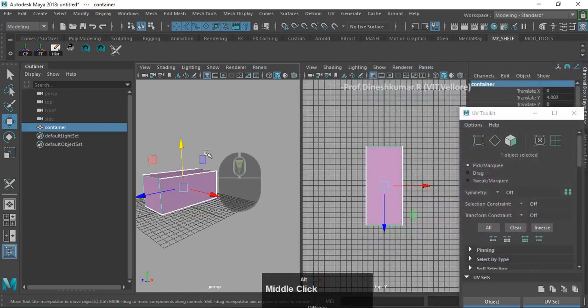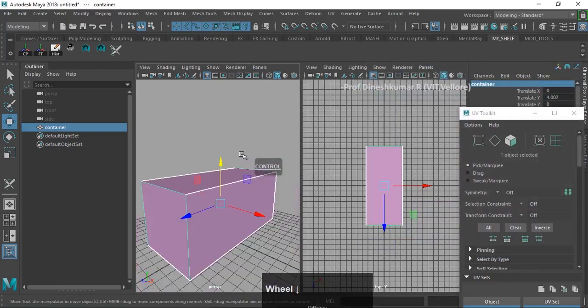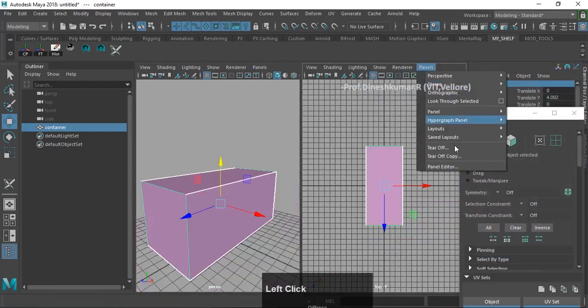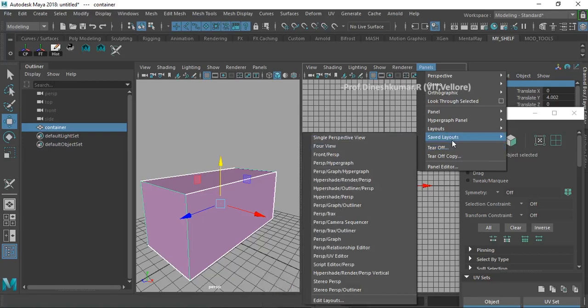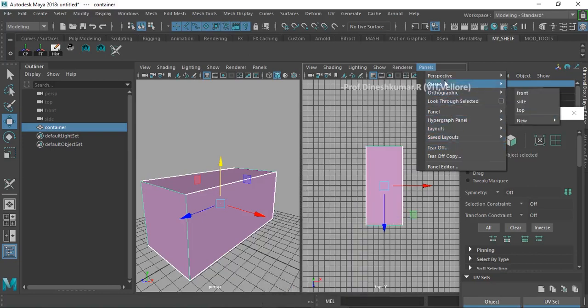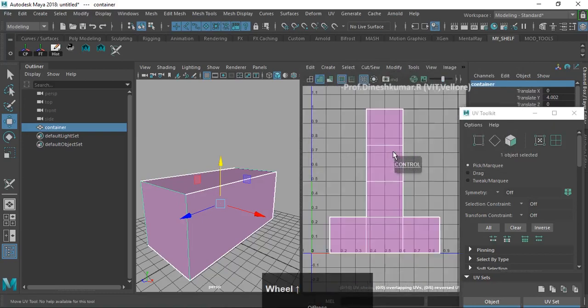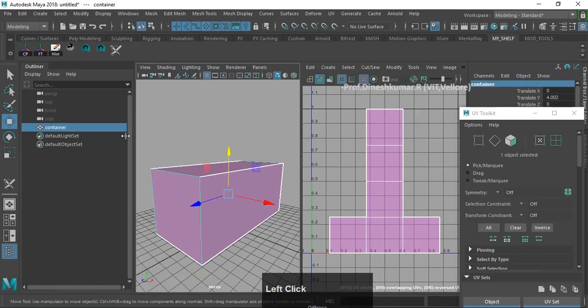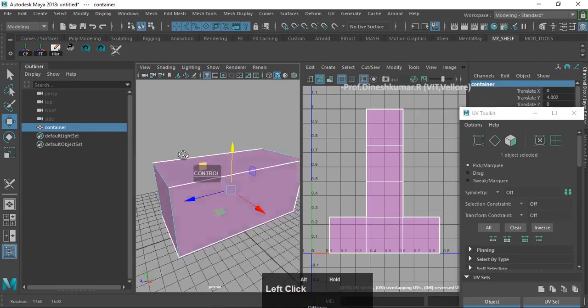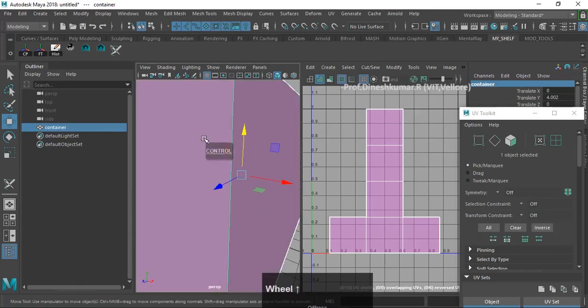Now you can see the view is split into two. Oh, I'm sorry, I should go to view panel and view. Yeah, look at that. That would do, perfect. So here now